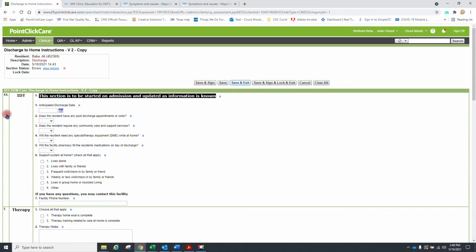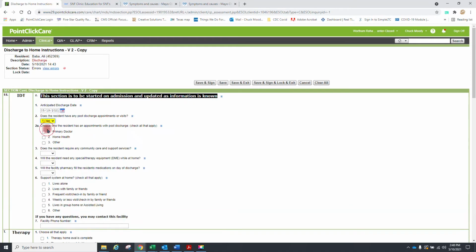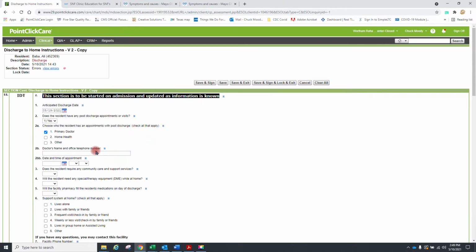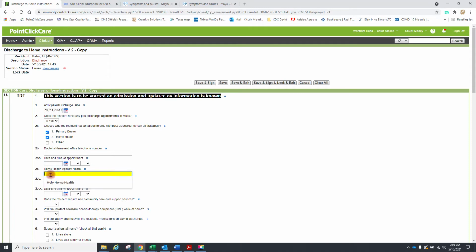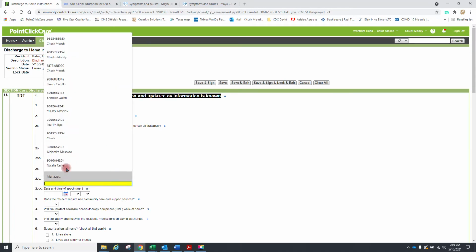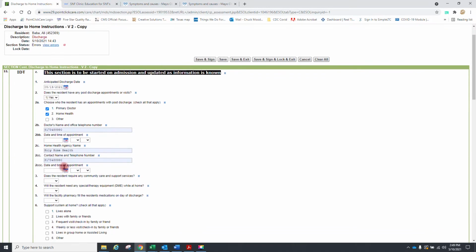So again, you'll see this section is to be started on admission and updated as information is known. Of course, you have your anticipated discharge date. We're going to say we're going to discharge this person on the 19th, and we're going to go through: do they have any post-discharge appointments or visits? If you say yes, it's going to ask, well, with who? You have the doctor's name and telephone number, the date and time of their appointment, or if they have home health coming to make their first visit, you can add them in there, with the date and time of their